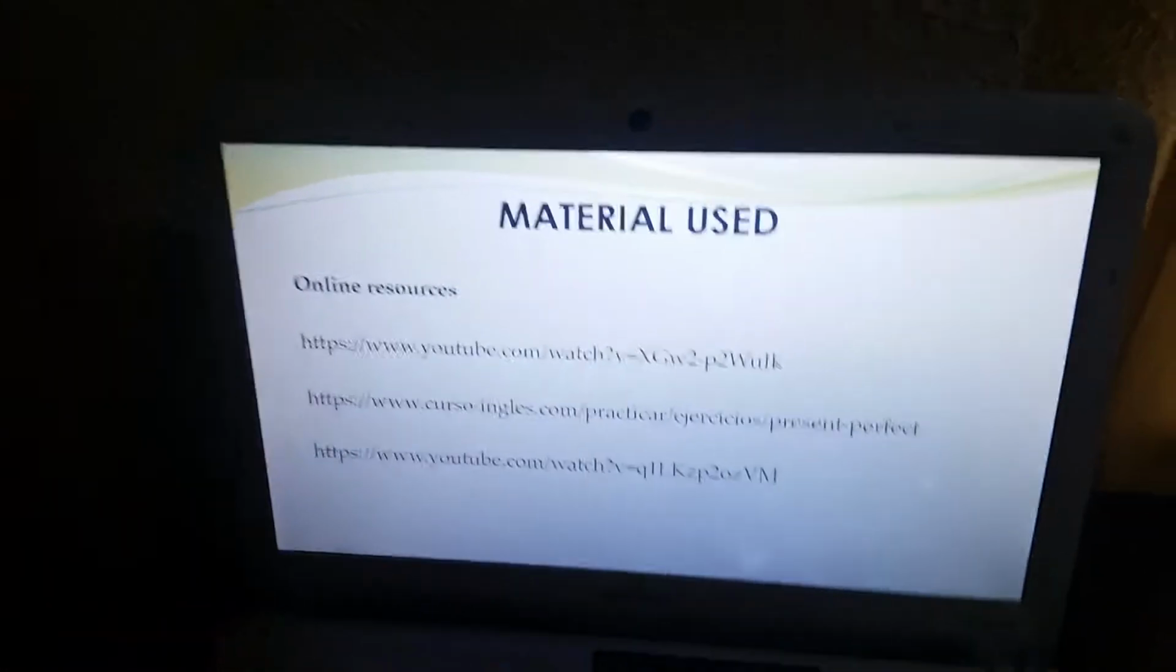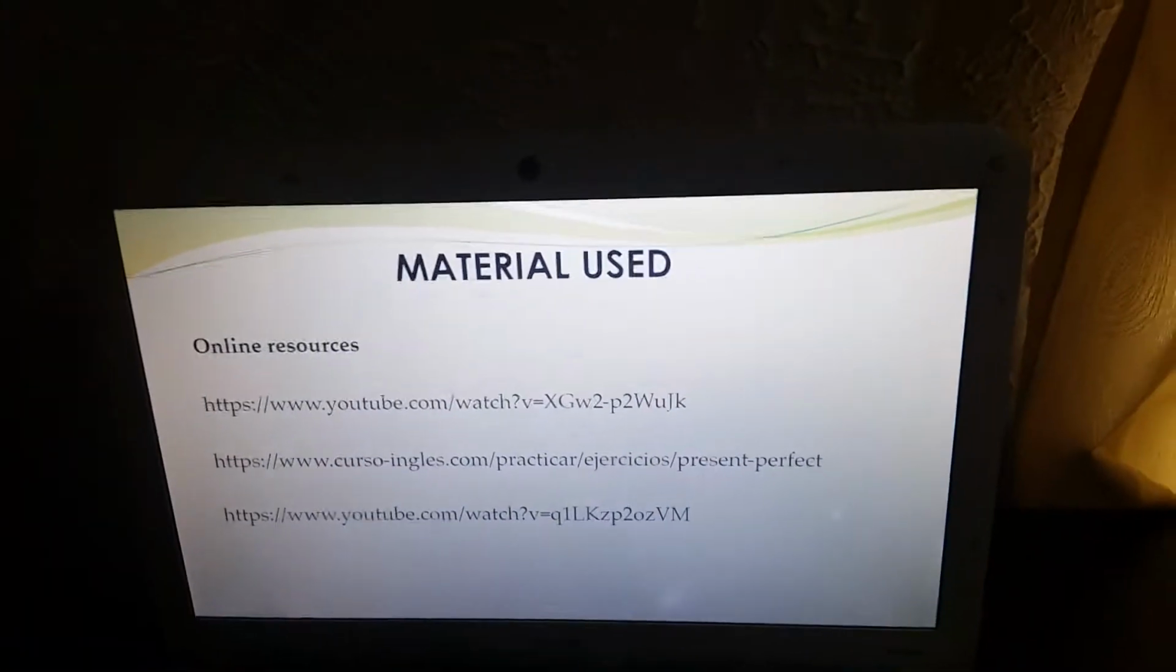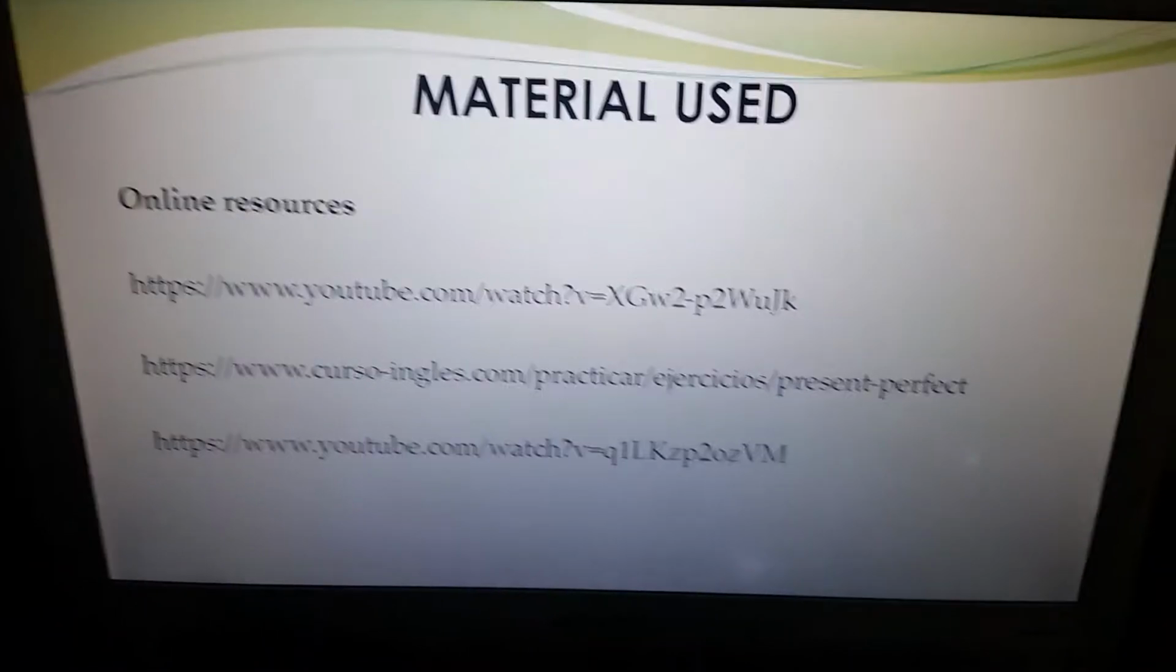Now I want to show you the material that I used to develop the lesson plan. We have three online resources. In this resource there is a lot of information, a lot of exercises, a lot of activities that the students can use to